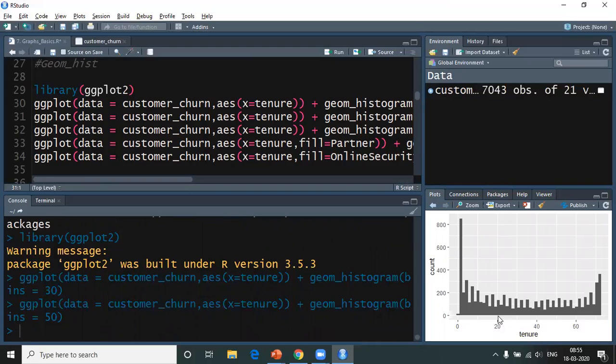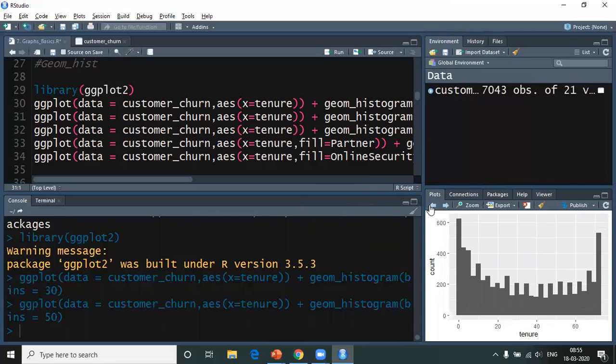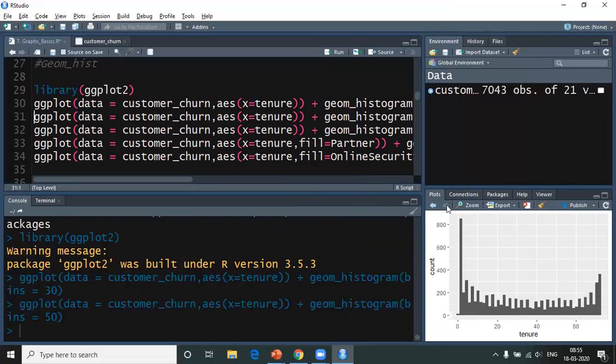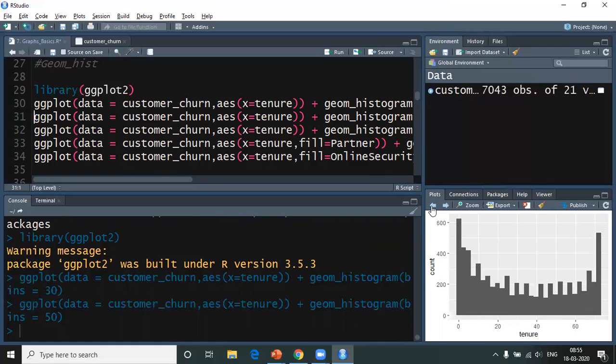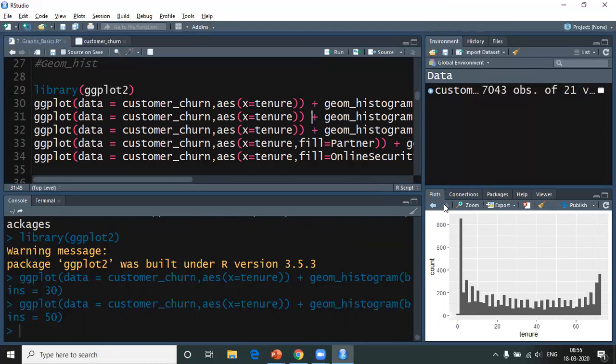Now if you can see, the frequency has now increased, and here we can see how the graph has changed. Okay, if you cannot notice, this is how it was earlier, and this is how it is now. So guys, we would be having a difference when you change the number of bins. Here we have less number of bins, and here we have more number of bins. It is just to understand how your data is distributed more accurately.